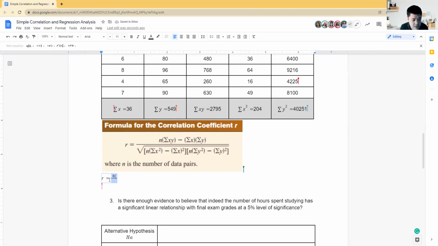Pagwalit sa mga parentheses, 8 times the summation for xy. Parang ang liit ng font. So kailangan ko itong part na to. Parang hindi siya lumalaki. Okay, 8 times summation of xy, it's 2,795, minus the product of the sum of x and y. So that's 36 times 549, divided by